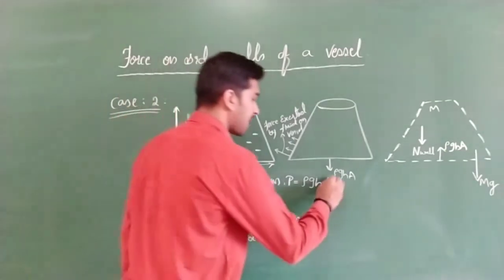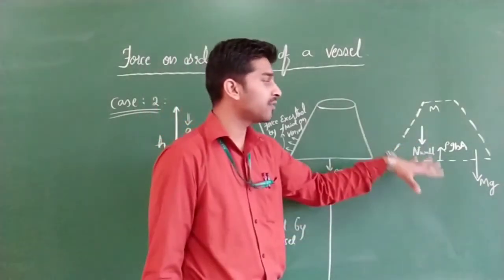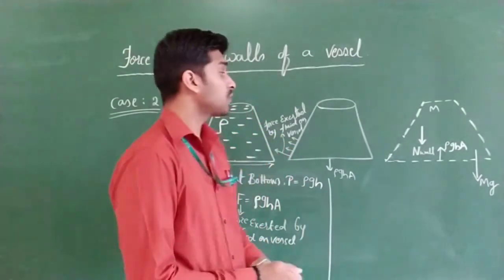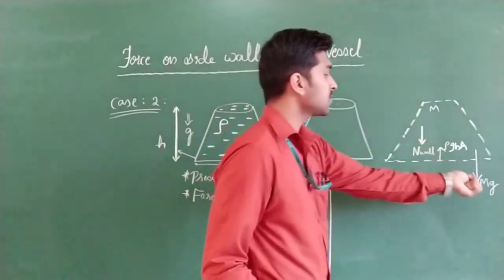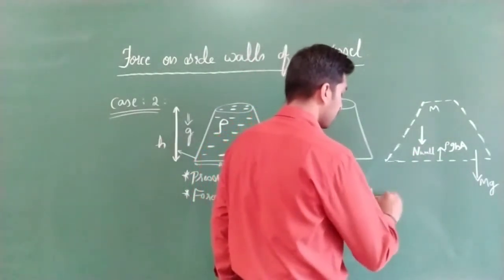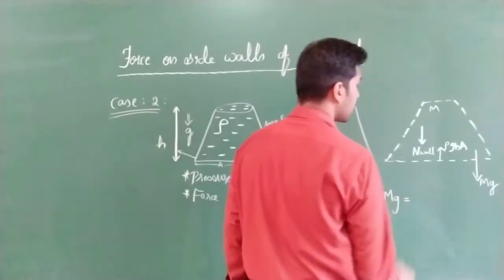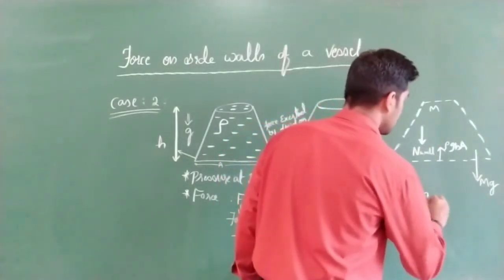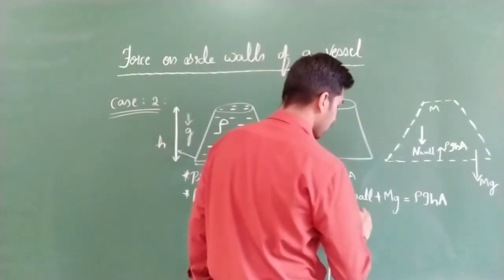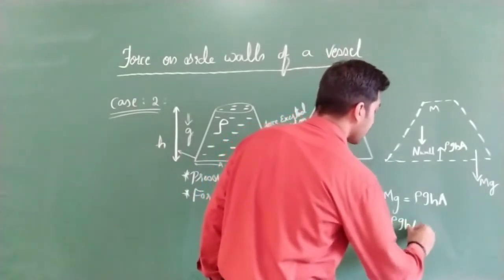Now can you proceed? This is in equilibrium, just balance the forces and check what our final answer is. The net resultant force which is acting in the downward direction should be equal to the total force which is acting in the upward direction. So what can I write here? First, let us consider the downward ones. N wall, which is acting downward, plus Mg, which is acting downward, is equal to rho GHA. So we want N wall, just separate N wall. So N wall is equal to rho GHA minus Mg.